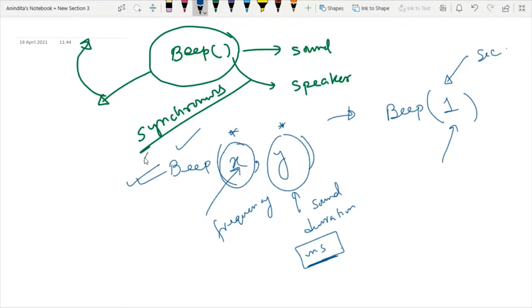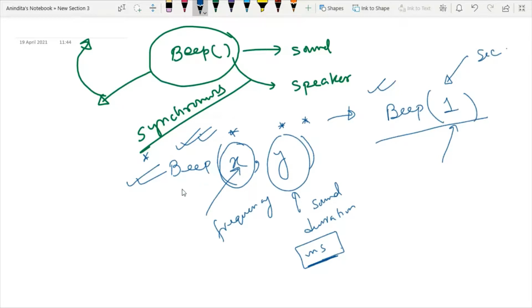Whenever a prototype of a function is defined, there are some basic rules, but we can modify these rules, to whatever modification is accepted by this standard library function. So these are the two basic syntaxes that we can use for this Beep library function.